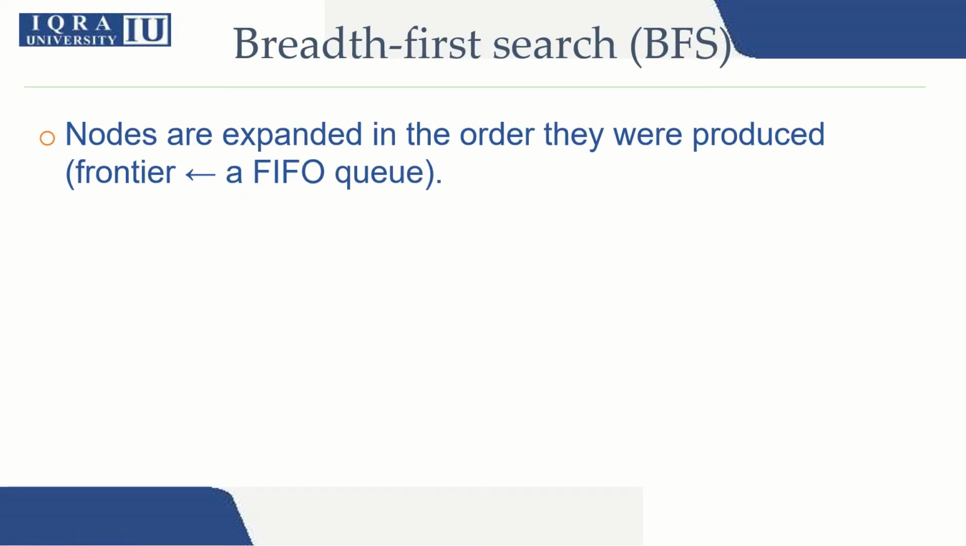So in breadth first search, the basic idea is that our frontier is implemented as a FIFO queue, and we know this FIFO means first in first out. First in first out means that the node that you insert first will be the one that is produced first. This is the basic idea behind breadth first search,